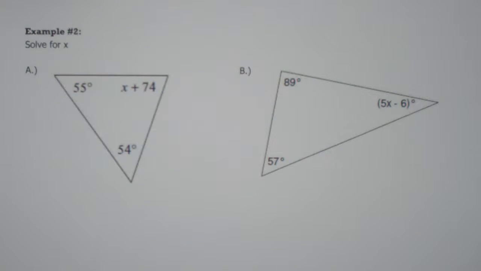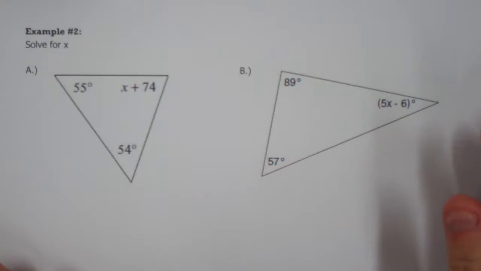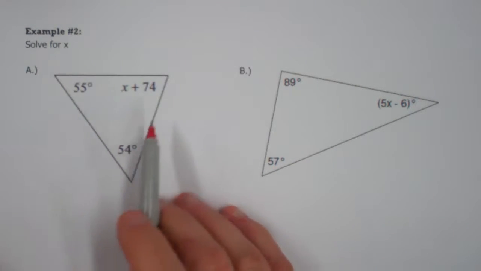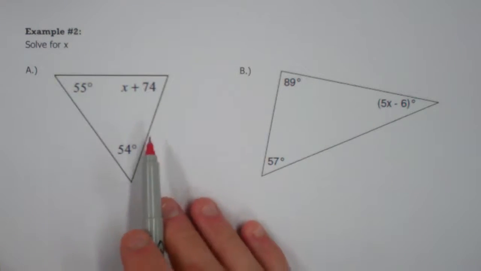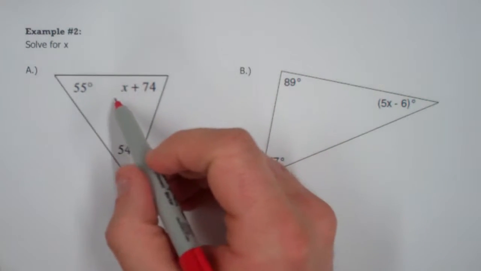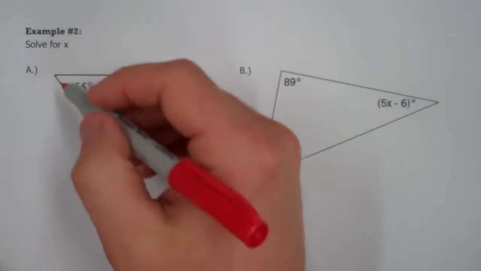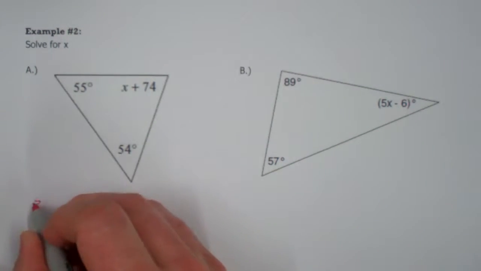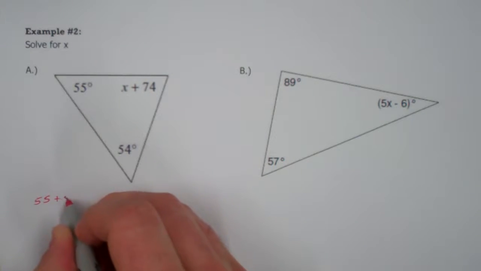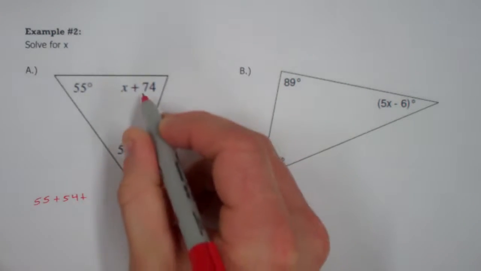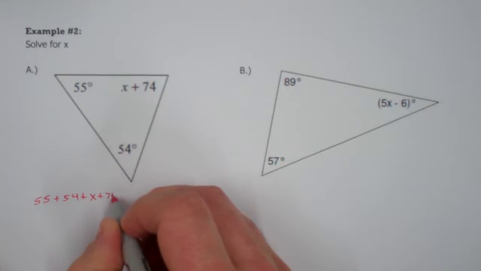In this example, we want to solve for x. We don't actually have to figure out what the other angle measure is by plugging it back in, but that's a very good thing to do to check your work if you wanted to. So with the first example, we have just a triangle, and instead of another angle measure here, we have some expression. Well, we know that when we add up all three angles, so 55 and 54 and x plus 74,